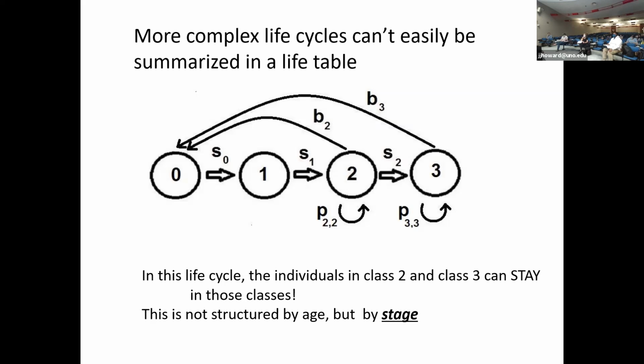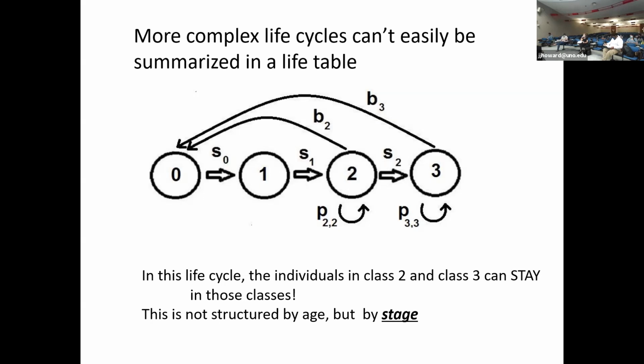Then we said that the values in the life table are constant. And then we said, oh, they can vary. And finally, we're now saying there's more than one way that you can end up in a particular stage. You can live to the next stage, you can die, or you can stay in the same stage. So we have a problem here because we can't use the standard life table. We need a different way of thinking about this. It gets worse